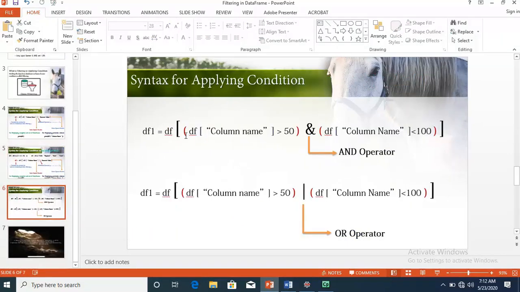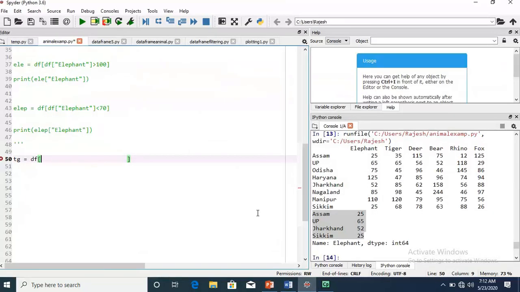Yes, this is df. First we use parentheses, then the first condition, then the AND operator, then again parentheses, then the second condition. Let me apply this. As we have to check two or more conditions, this is the first parenthesis. Here I will write df, then tiger.